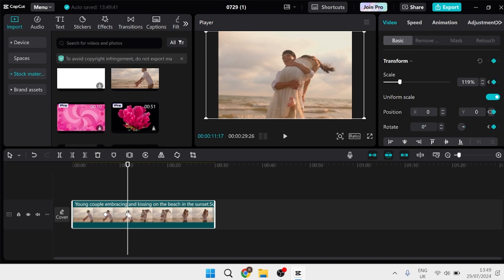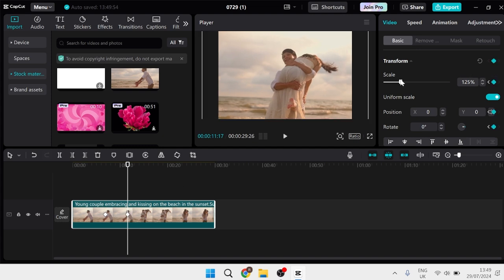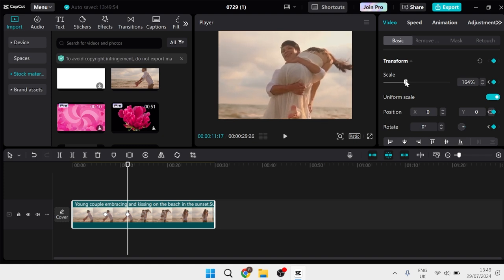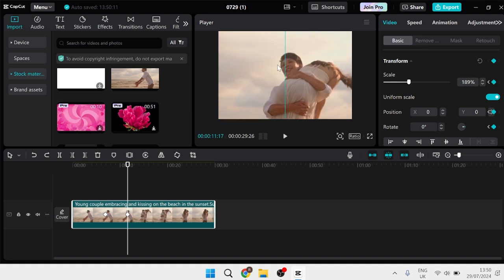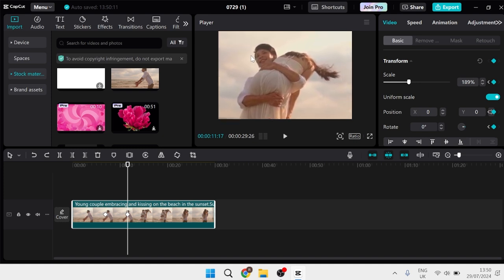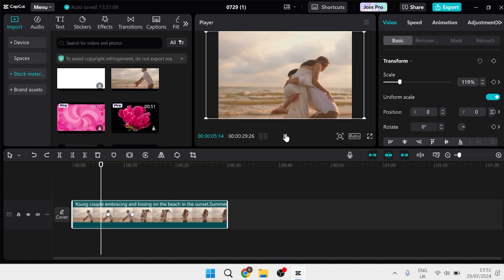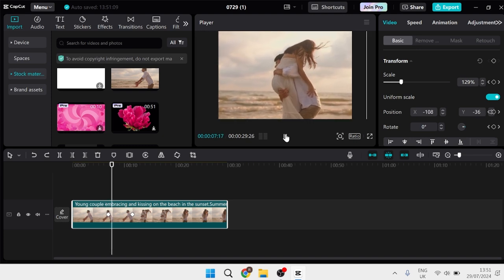Now this will add a second keyframe to your footage, and now what we're going to do is just drag this scale slider to the percentage of how far you want this zoomed in. And we can also left click on the footage over here and drag this accordingly to where we want this positioned. So now if I just play this video footage back, we can see that the zoom in effect has